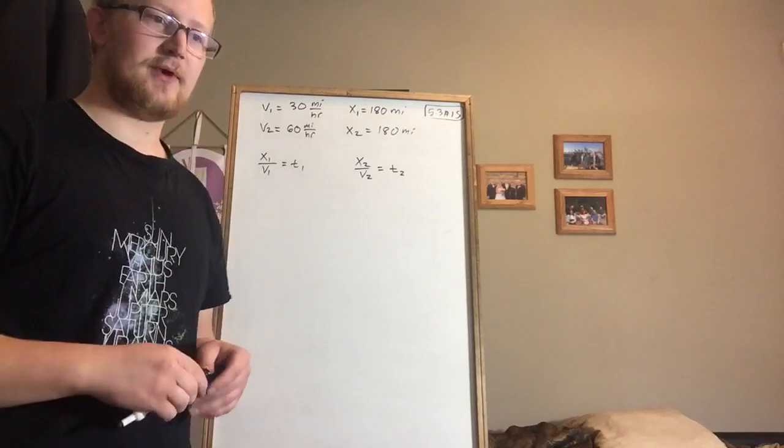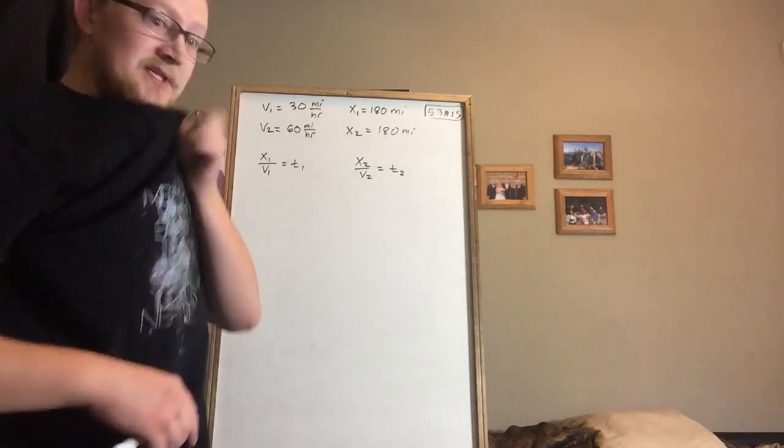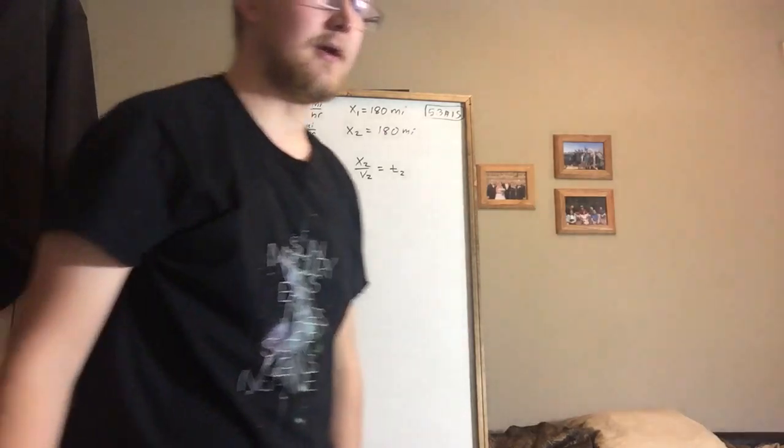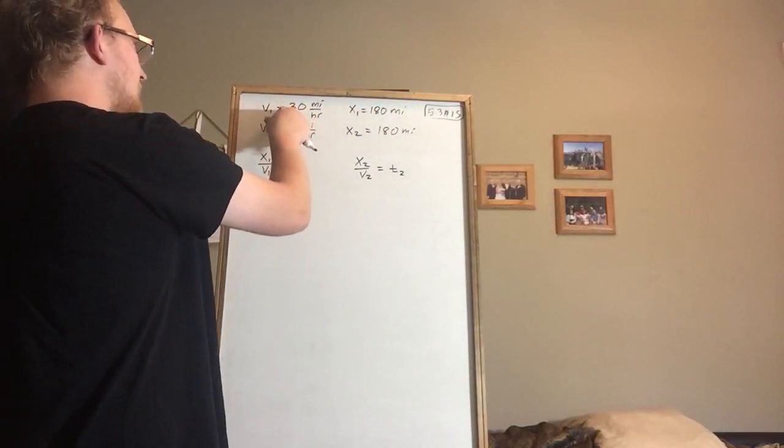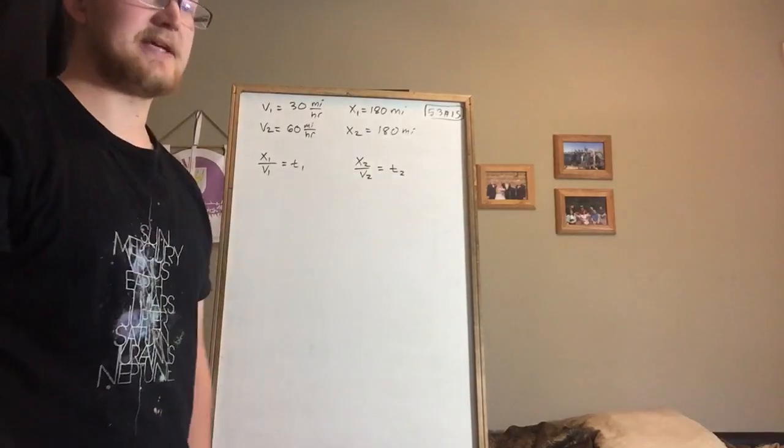Alright, we're looking at 5.3, problem number 15. This is an applied physics problem using average value of a function. So this problem says if a vehicle averages 30 miles an hour on a 180-mile road trip, so 30 miles an hour is V1 on a 180-mile road trip, that's x1,